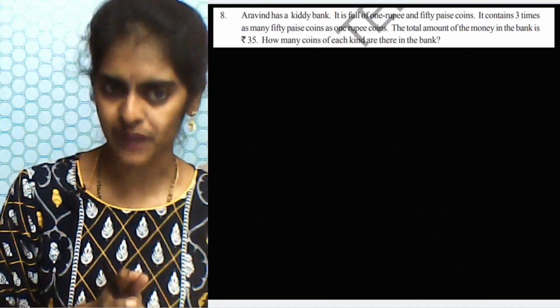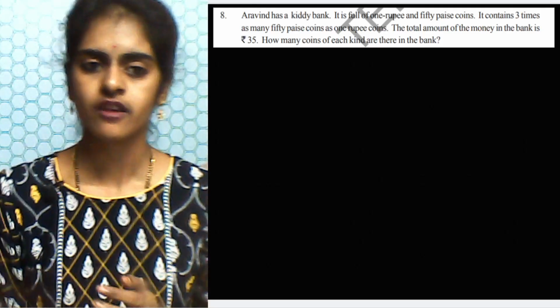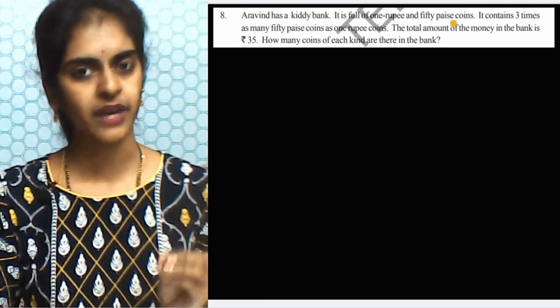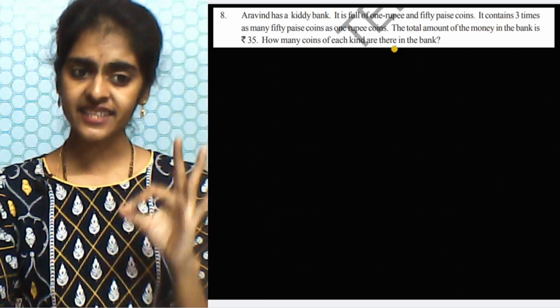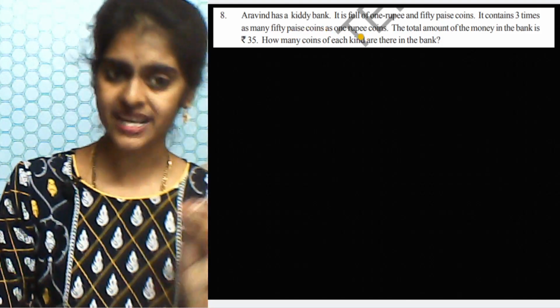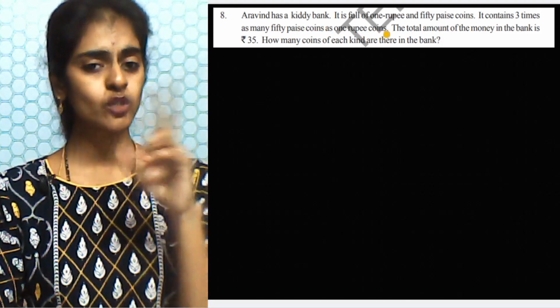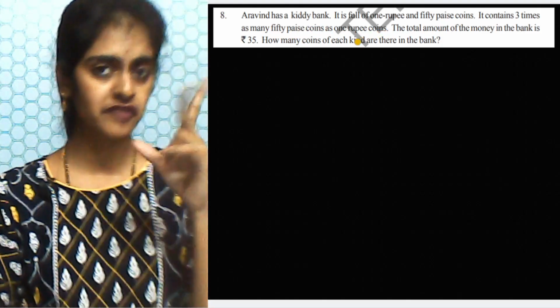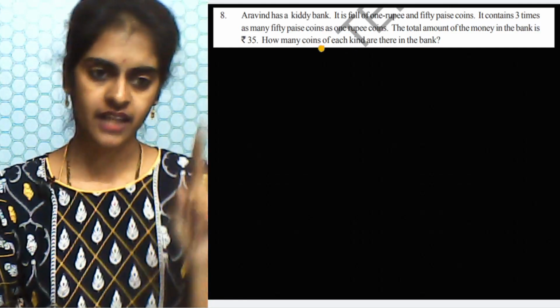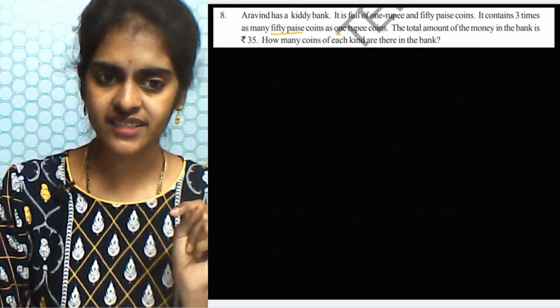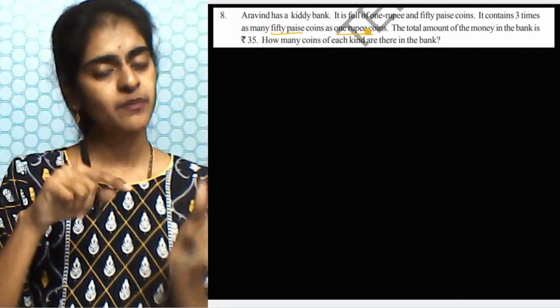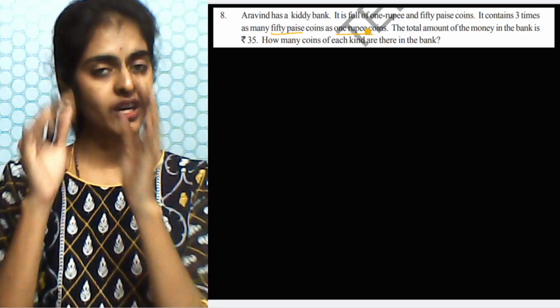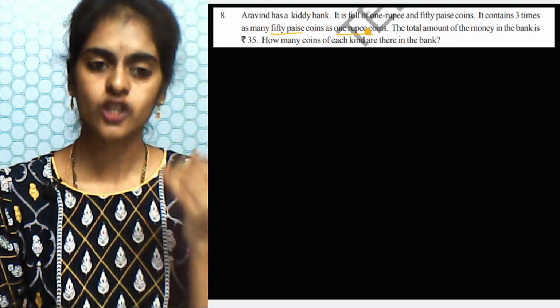Arvind has a kiddie bank. It is full of 1 rupee and 50 paise coins. It contains 3 times as many 50 paise coins as 1 rupee coins. Here which two quantities are compared? 50 paise and 1 rupee are compared. 50 paise is compared with 1 rupee, that means 1 rupee is the reference, isn't it? So you will take 1 rupee